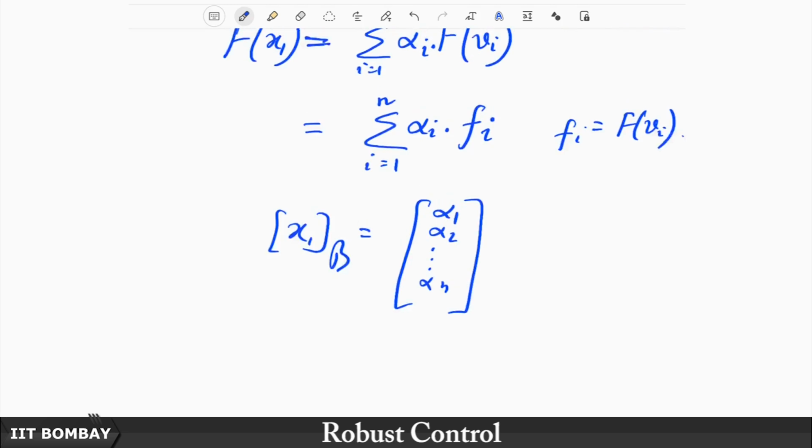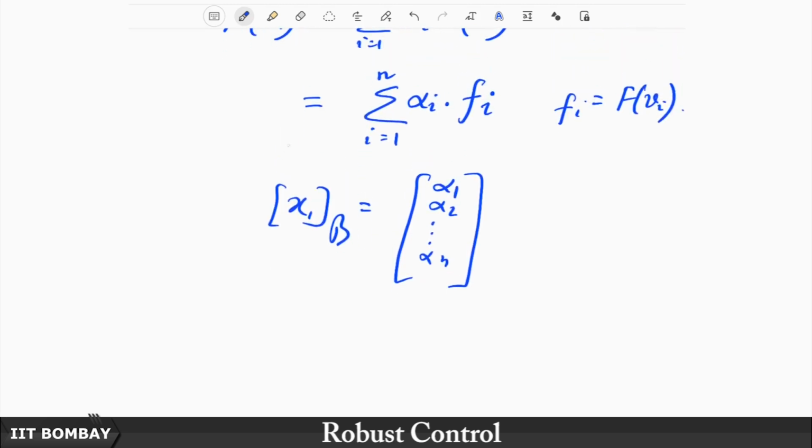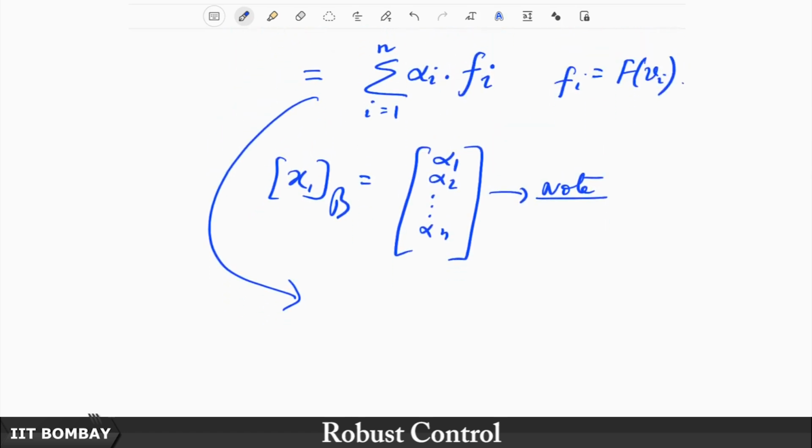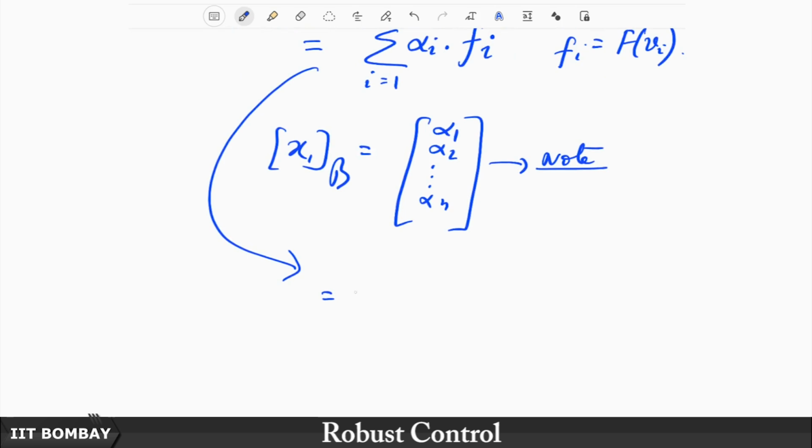So now can I not write this as, therefore, so this is just for your note, note this, that this is ultimately the representation in the coordinate system for x. So now can I not then write this as being the same as, I will not write the summation now, I will just write it in this fashion, f1 f2 dot dot dot till fn times alpha 1 alpha 2 dot dot dot till alpha n,